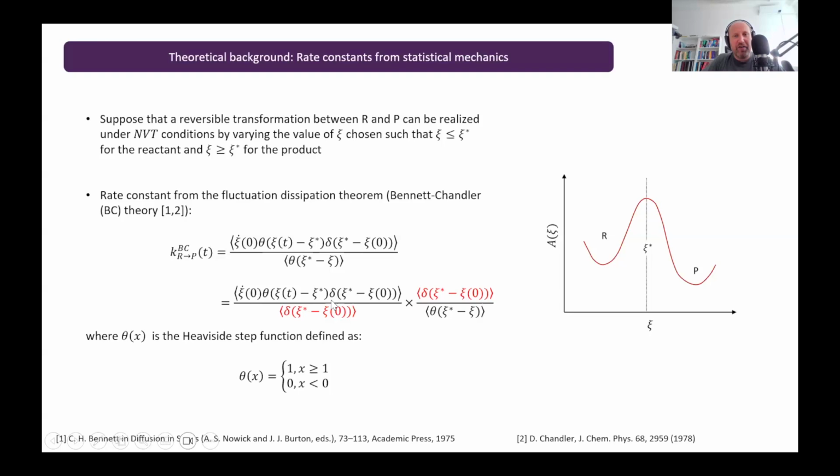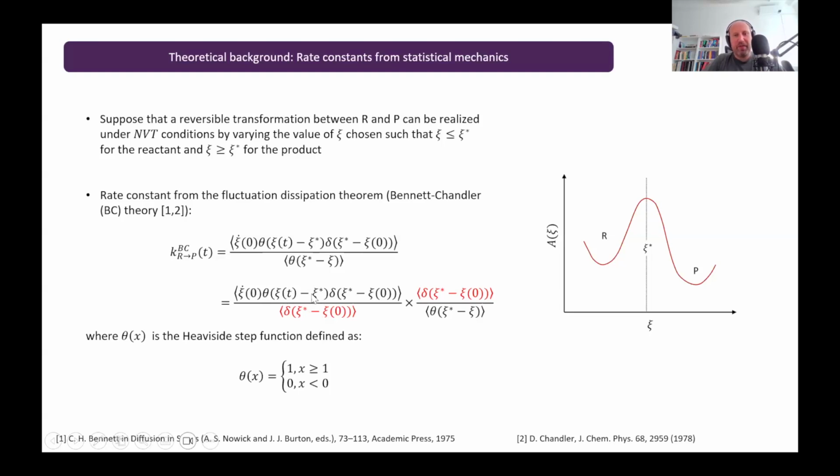Now, when we look at the other term, we see that it has the form of a conditional average. So we have the delta function here and here, and it's an ensemble average of what? We have the initial velocity of the reaction coordinate here, and then we have here the Heaviside step function that selects values of psi determined for some time later after 0. And the contribution of this term is non-vanishing only if the value of this psi of t is greater than